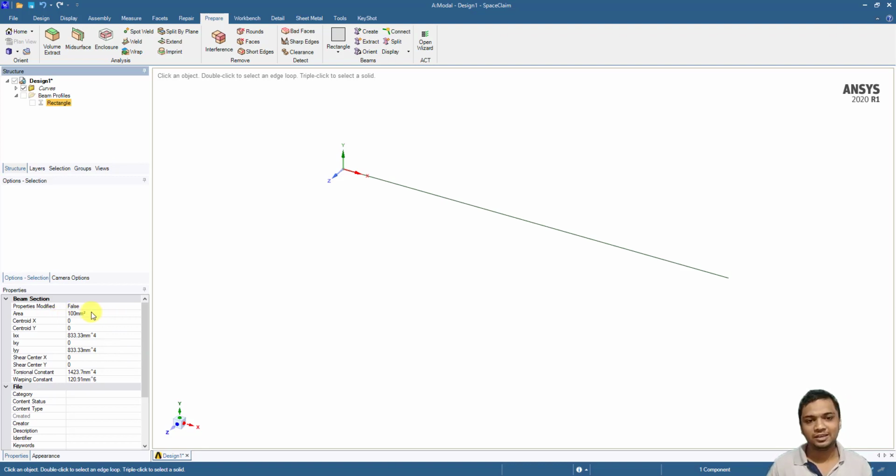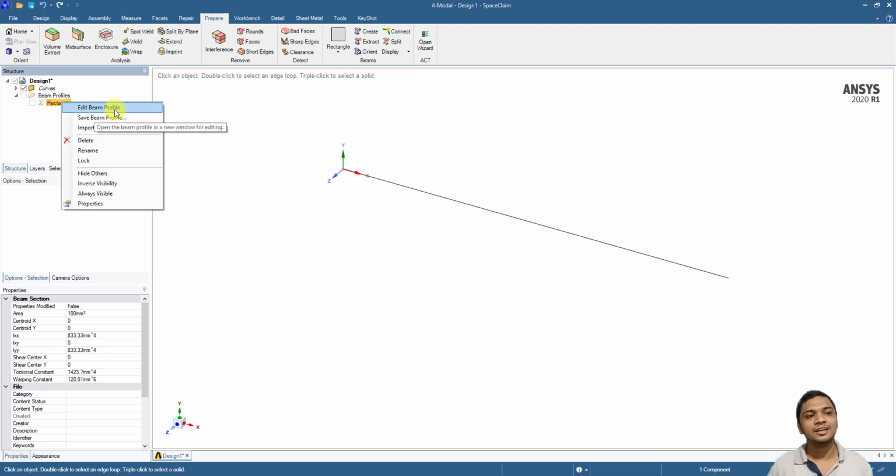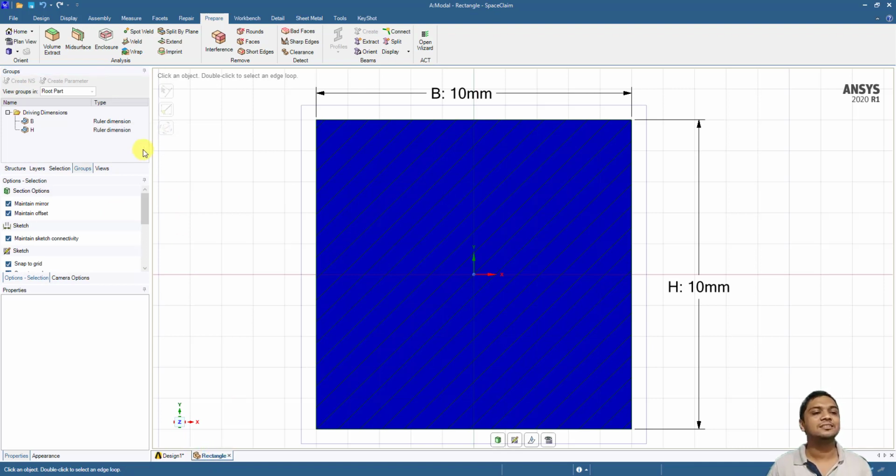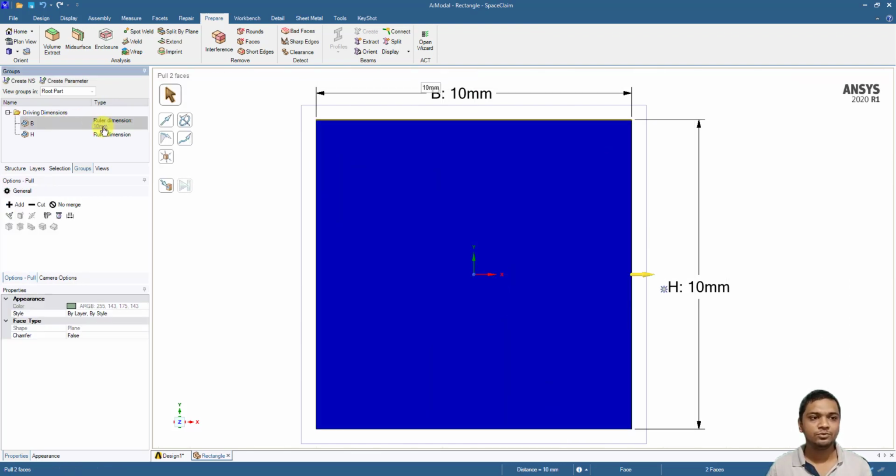That is not what I want. So what I will do, I will right click on rectangle and say edit beam profile. A new tab will be created. Under that, you cannot change the dimension in the graphics window. We'll click on this group menu. We'll click on this 10 mm. We'll write there